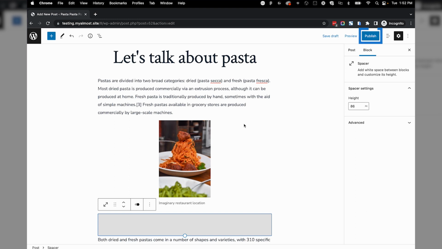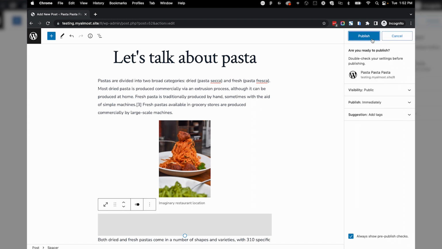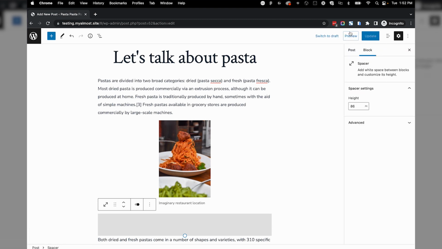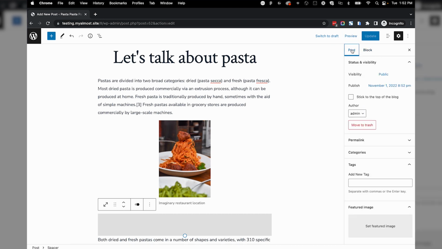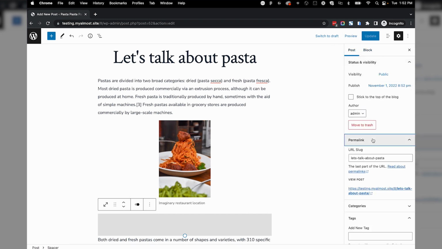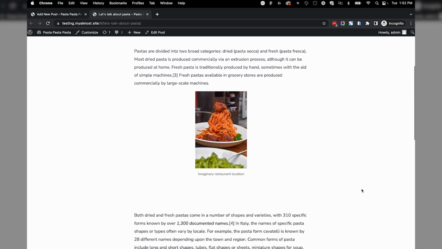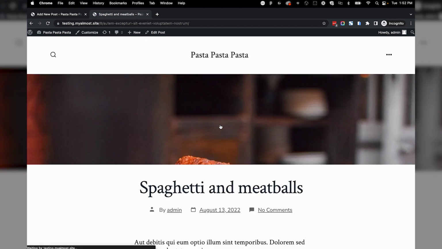Once your post is looking how you want it, you can publish it. If you're not quite ready, you can view it through the preview button. Now that it is published, you can go view the post and see how it looks on your live site. Looks great, right? Let's test our URL by clicking the image in our post. Good, it's opening the right URL.